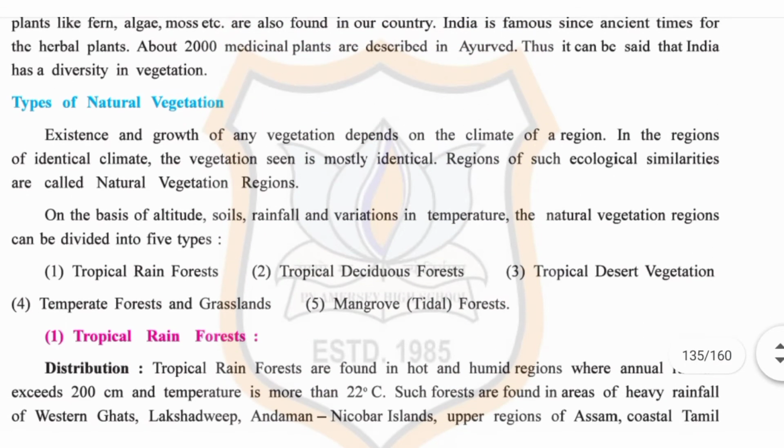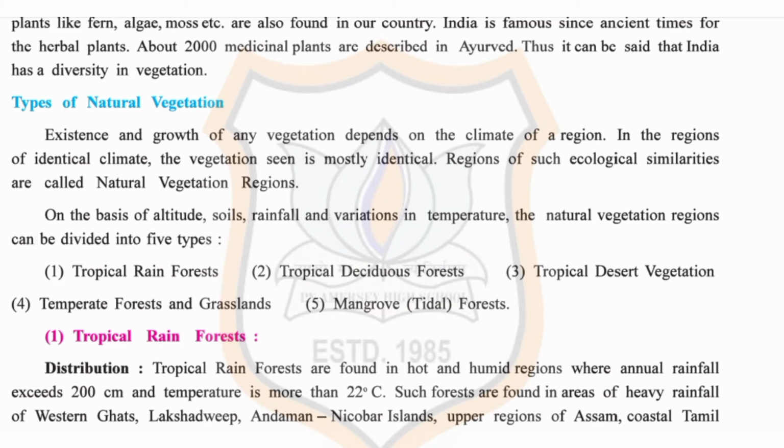Now, types of natural vegetation. Existence and growth of any vegetation depends on the climate of a region. In the regions of identical climate, the vegetation seen is mostly identical. Regions of such ecological similarities are called natural vegetation region. Now, on the basis of altitude, soils, rainfall and variation in temperature, the natural vegetation regions can be divided into 5 types,